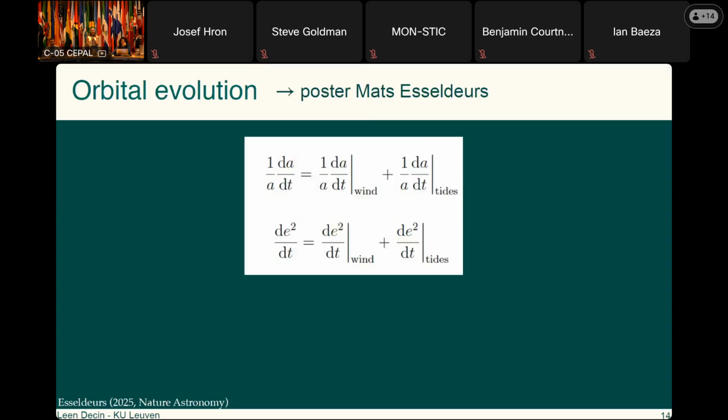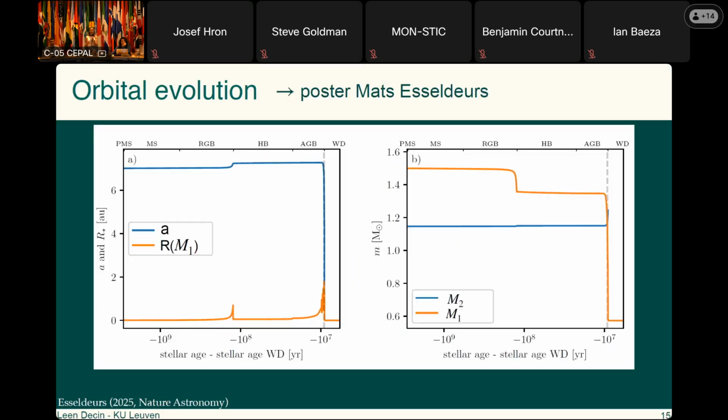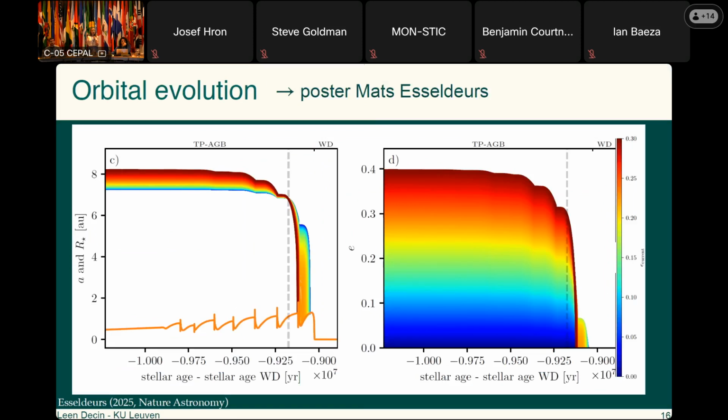And then to end, go and read Mats' poster. We have achieved a lot of nice results predicting what the system will do in the future. We predict it will merge. We also have looked, and this is what Mats has been telling you, that we think that the system originally also had roughly a circular orbit. We are not really sure whether that's correct or whether we have a problem with our models.